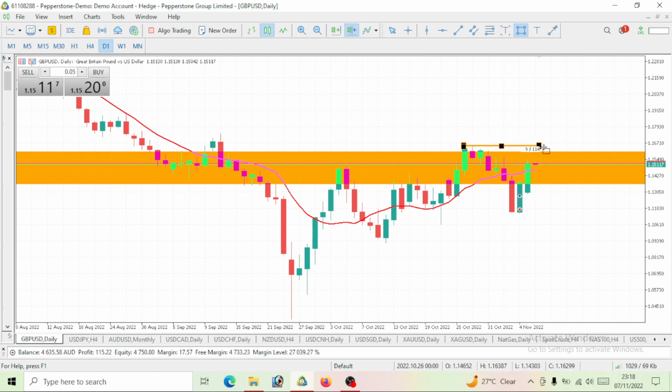We'd want to see it take out this level here, right? And we can see we've actually had a bullish move for today. So we would want to see where the price will be moving for the next day, which is on the